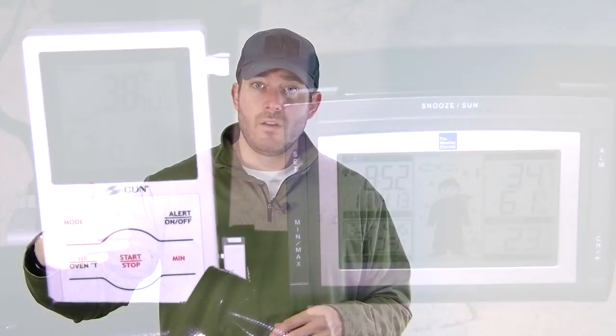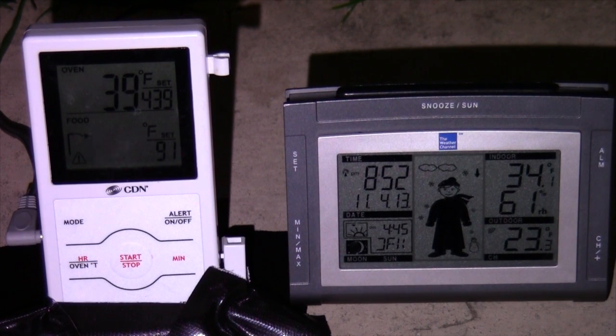I'm going to get in the bag, take the thermometer, and put the thermometer in the bag with me. I have it at the same place every time, which is right here, kind of on my belly. That's kind of the middle of the bag, so I get a middle-of-the-bag temperature. Then I'm going to lay there for 10 minutes, and because I have a second video camera on the actual temperature outside, and a video camera on the thermometer reading on the inside of the bag,